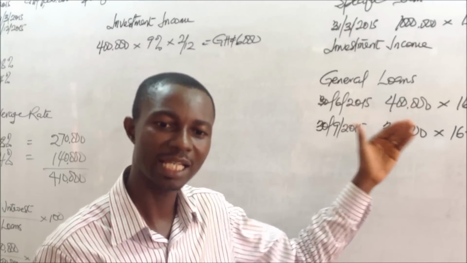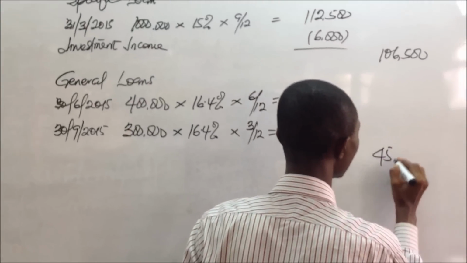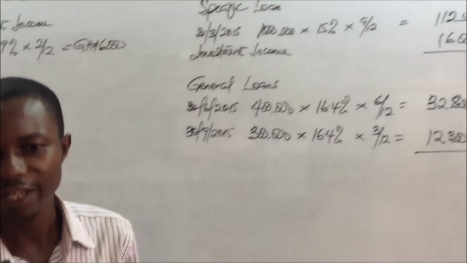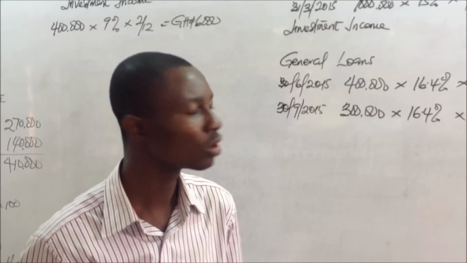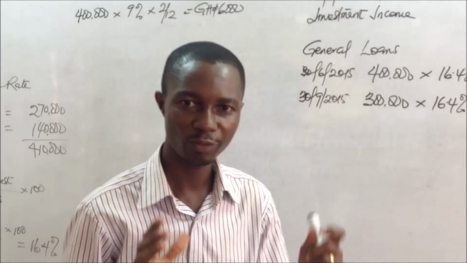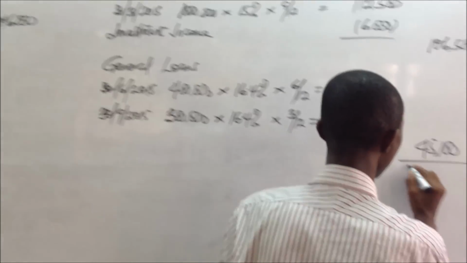So for our general pool of loan, we split it between the dates on which the amounts were specifically spent. Putting the two together, we get 45,100. 45,100 is the total amount that is going for the general pool of loan. 106,500 is the total amount that is going for the specific pool of loan. So we put the two together, that will give us